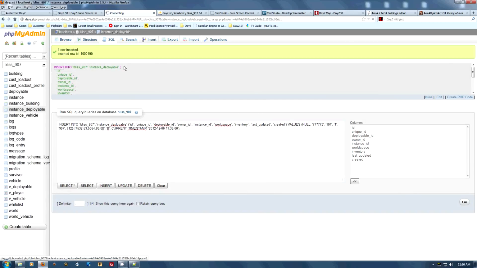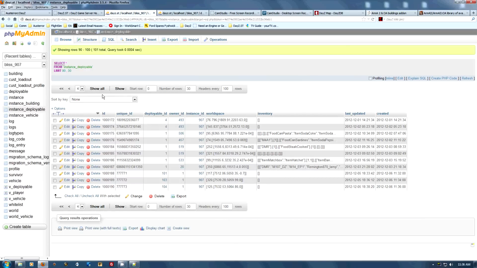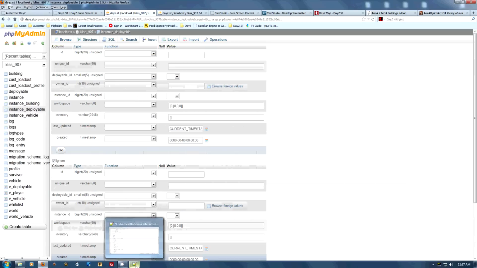Inserted, okay. Let's browse it again. Go to the end. 104. Oh, looking pretty good. Rightio, and the last we have is the rubble, so we're inserting one last row,